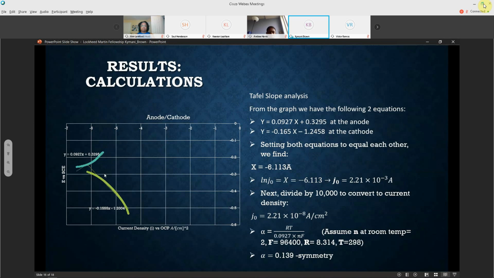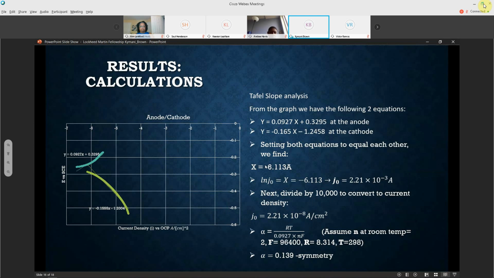Here you can see a graph showcasing where both the anodic and cathodic scans are present. The point I'm highlighting with the mouse is where the two Tafel equations cross. This is known as the J0 area, the point where oxidation and reduction both contribute to the reactions occurring in the solution. So to find this value, we equate both the anodic and cathodic Tafel equations, where we get